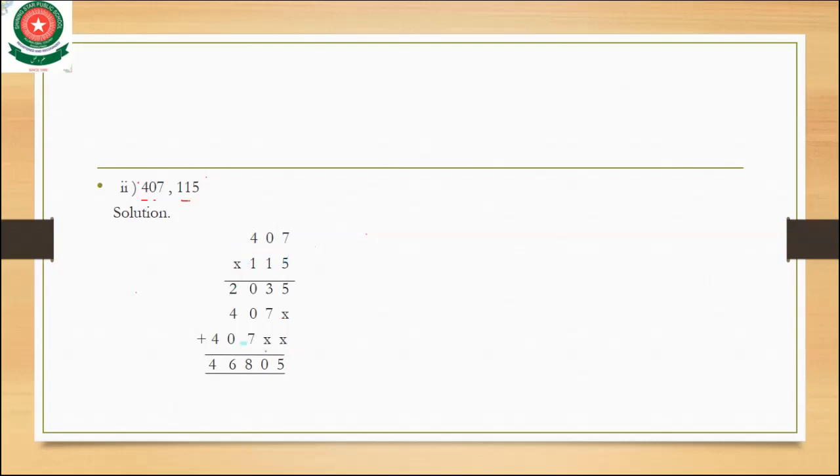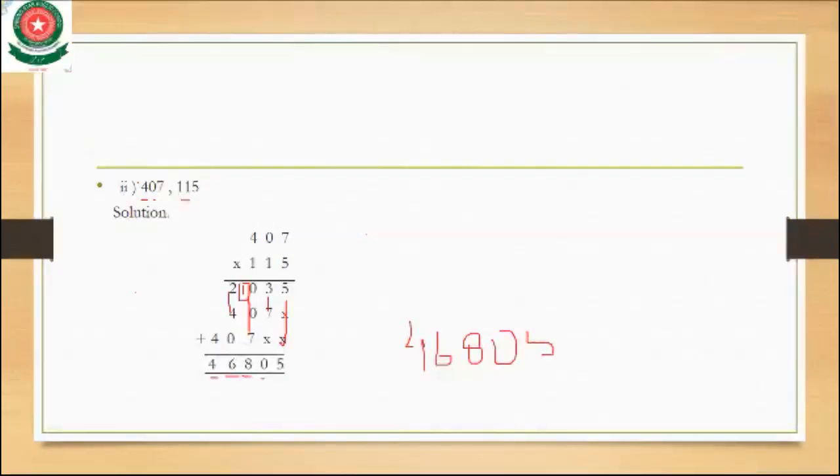Okay, class. And tell me what is the last step. Last step is that you add all these numbers. Add this 5. There is no number under the 5, so 5 will come. 3 plus 7 is 10. 0 here and 1 goes as a carry. Okay. 7 plus 1 is equal to 8. 4 plus 2 is equal to 6 and there is no number above the 4 or under the 4, so the 4 will also come. So the answer is 46805. Okay, this is your answer, class.